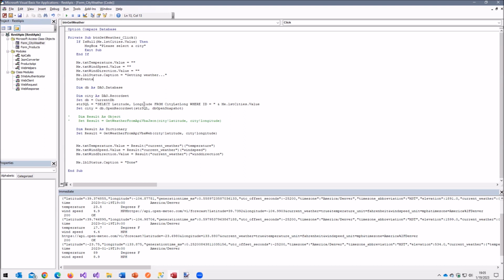I select latitude and longitude from that table where the ID is equal to the value that's in my list. And then I go off and I call my API passing in city latitude and city longitude. And then I set the values of the three text boxes and change the status to done.